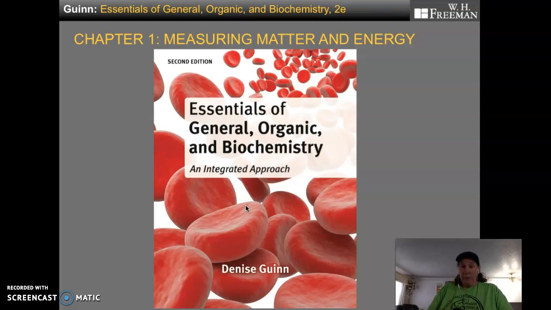I'm going to go through the PowerPoints. I will post the PowerPoints after I'm done with them, so you can go through them again without me babbling if you wish. But I'll give you the materials, and it can only go 15 minutes. Then after each 15 minutes, you'll get an assignment. The assignment might be watching a video and answering some questions. It might be looking up some stuff. It might be a quiz, whatever. But you'll get 15 minutes of lecture and then an assignment, 15 minutes of lecture, and so on and so forth. The first couple weeks, we're just going to go through the basics, and then we'll start hitting the organic and the biochem.